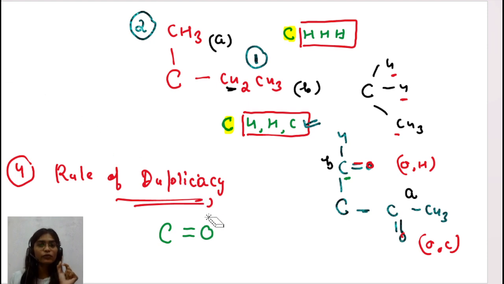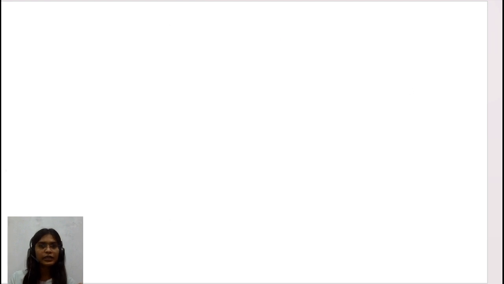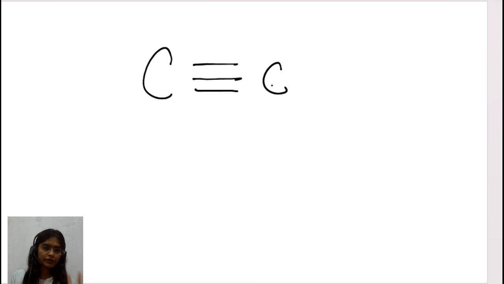You have to follow the rule of duplicacy. It means if I'm erasing one bond, listen to my point, then you have to put one carbon here and one oxygen here, like this. Same thing you have to connect. Not very clear? Okay, listen. Let's suppose I'm having a carbon triple bond. Let's go with the simple one, carbon. We have to remove one bond. How are we getting? We are getting carbon and carbon. Let's remove one more bond. So let's erase this, but we're getting carbon there. Further, if you erase one more bond, what are we getting here? That is carbon and carbon.